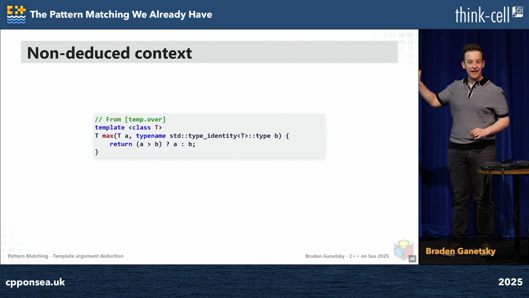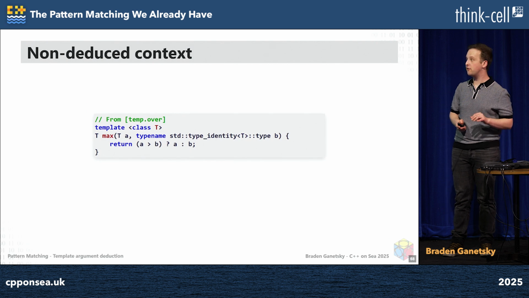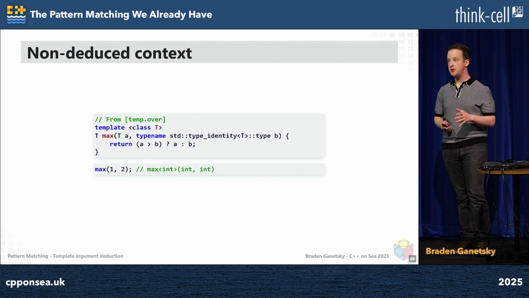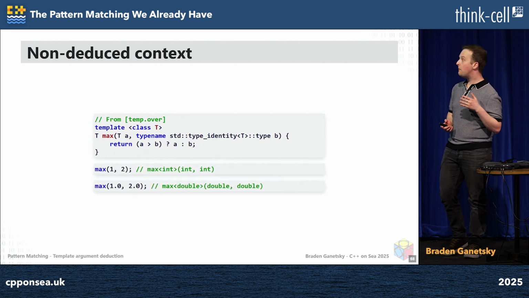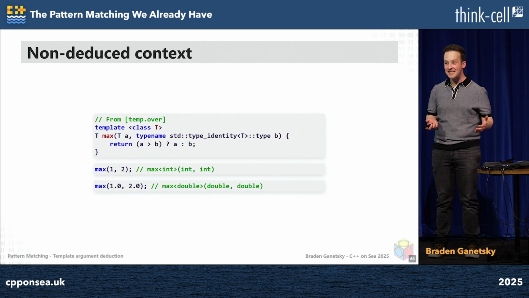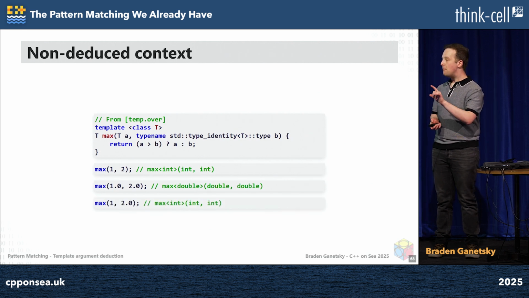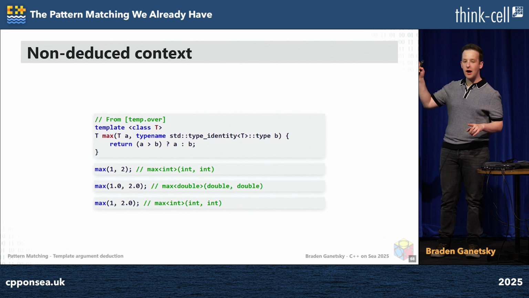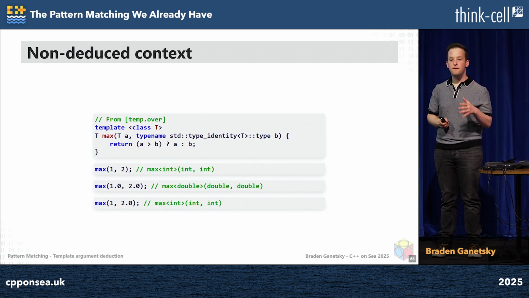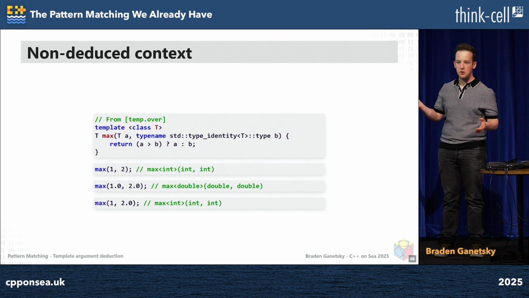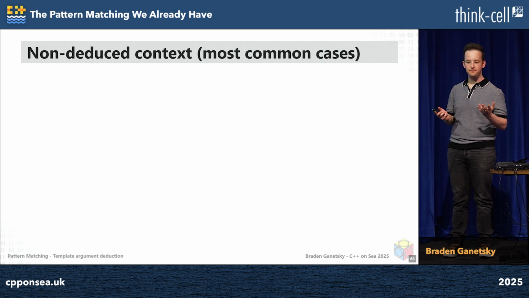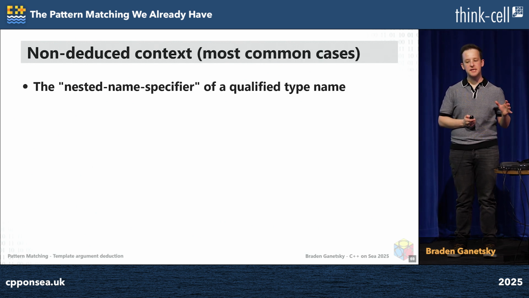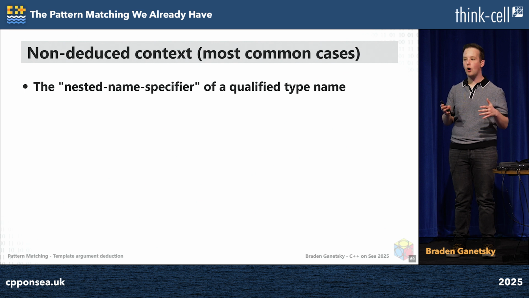So very, very simple. But what this does is it creates what's called a non-deduced context, meaning that there is no deduction happening for B. There's only deduction happening for A. So if we call max(1, 2), we get the same thing as before. If we call max(1.0, 2.0), we get the same thing as before. But max(1, 2.0) no longer fails. This now works. It calls max of int. Why is it int? Because for the first parameter argument pair, T gets deduced to int. For the second one, it's non-deduced, so it's int. Perfect.